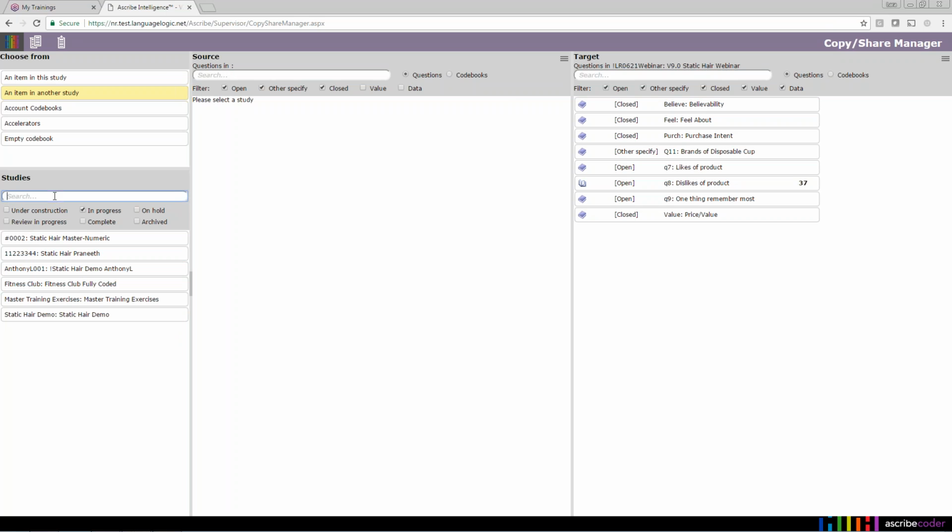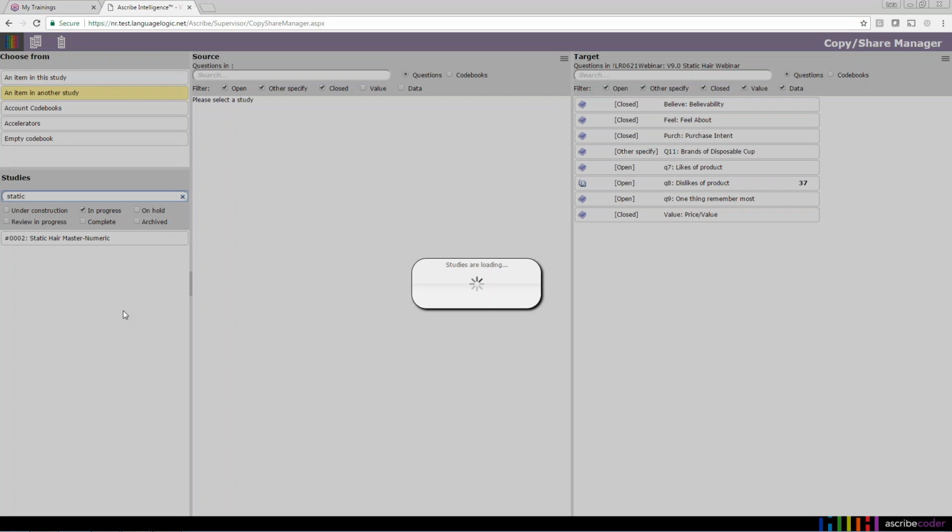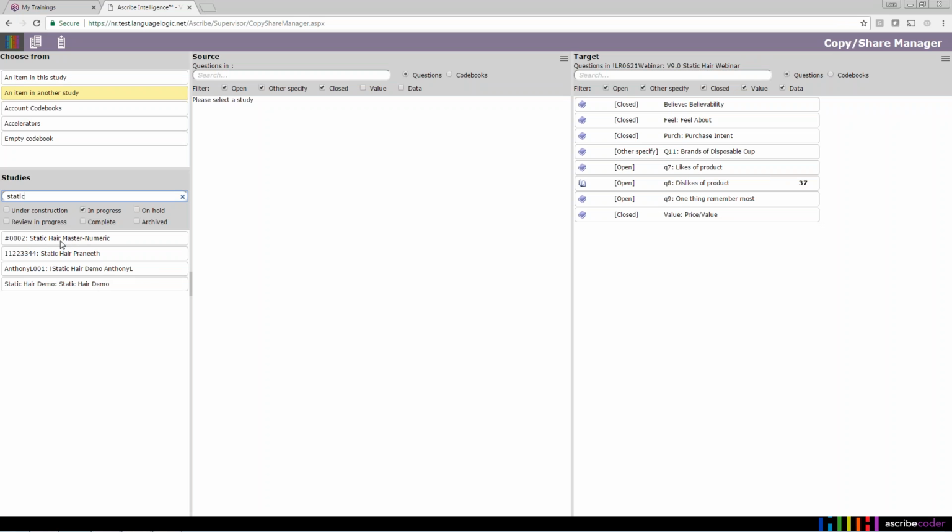All right, and our studies pane has a couple of things that weren't available to us in the previous CopyShare Manager. The first thing is that we can actually search the study ID or study name. So if I'm looking for study ID 0002, I can type in 0002, and you'll notice that just one study pops up: 0002, Static Hair Master Numeric Study. I could also search for static, because I could also search for the study name. So now I'm finding 4 different studies that have the word static in the